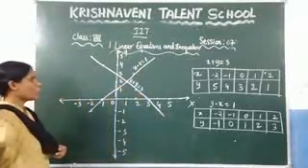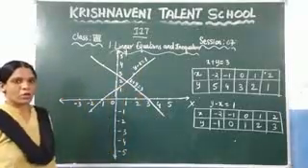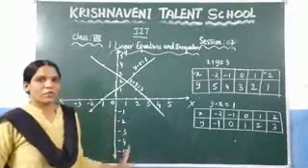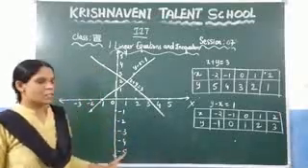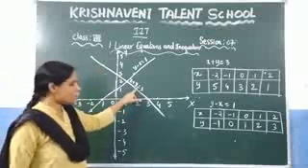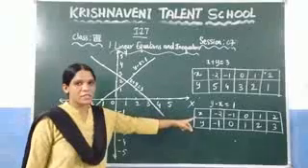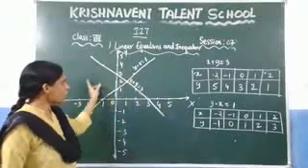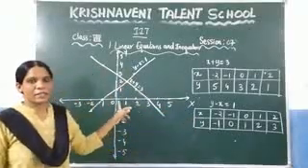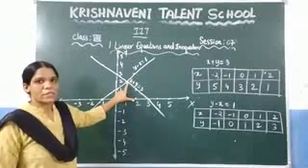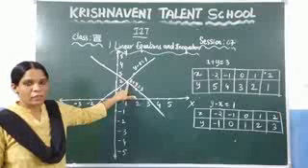Now here if you want to find the solution of x and y in the graph, you have to find what is the intersection point. This is the line for x plus y is equal to 3, and this is the line we have drawn for y minus x is equal to 1. And these lines are intersecting at one point. You can observe that it is intersecting at this point. What is that point? You need to identify on a graph.